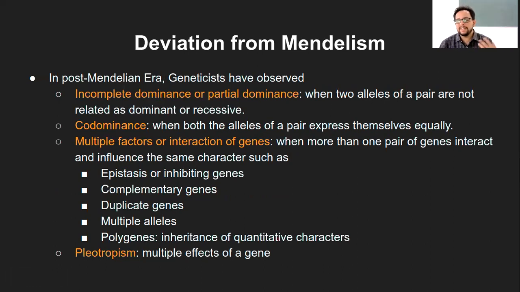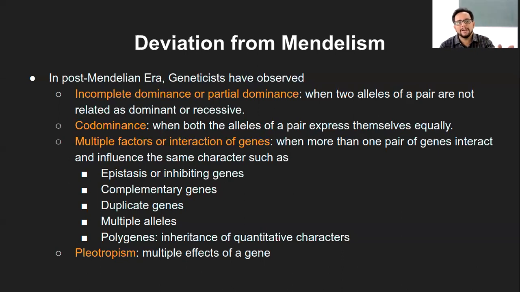So whenever there are both capital letters, let's say for example capital Y represents the yellow seed, then if there are both capital Y, they will lead to yellow seed always. That was the assumption with us so far. But in incomplete dominance, the two alleles of a particular pair are not related as completely dominant or completely recessive. Neither of these situations is true. We will see examples of each of these in detail.